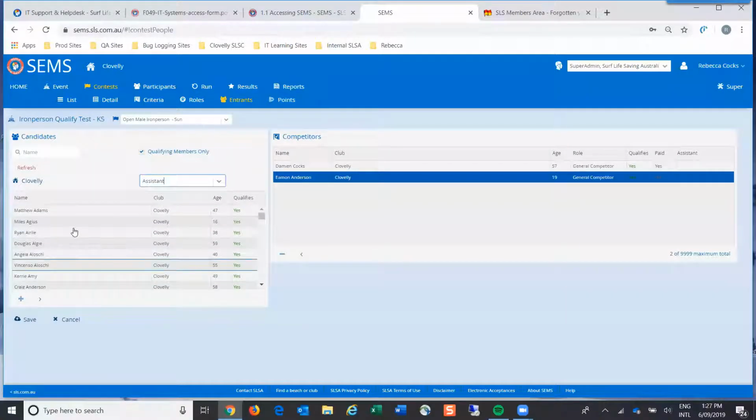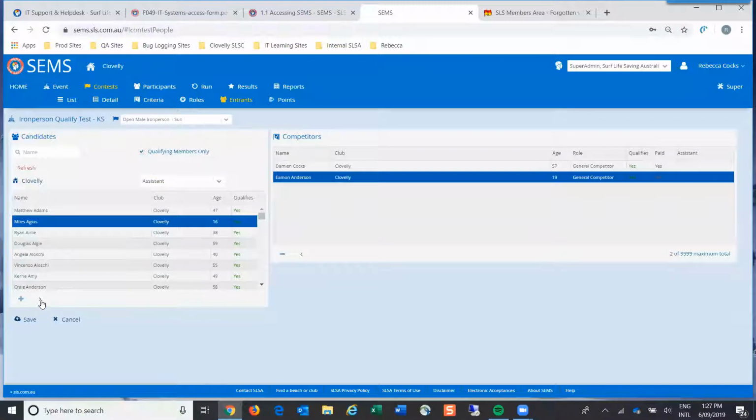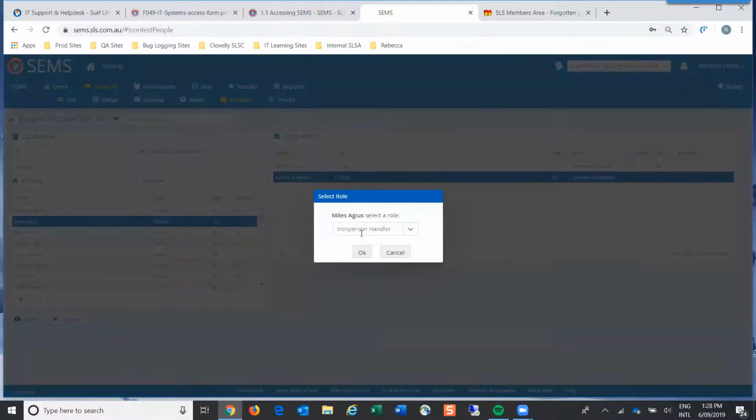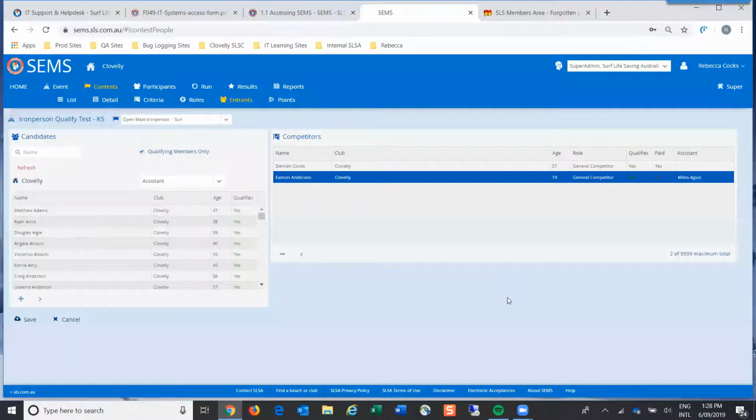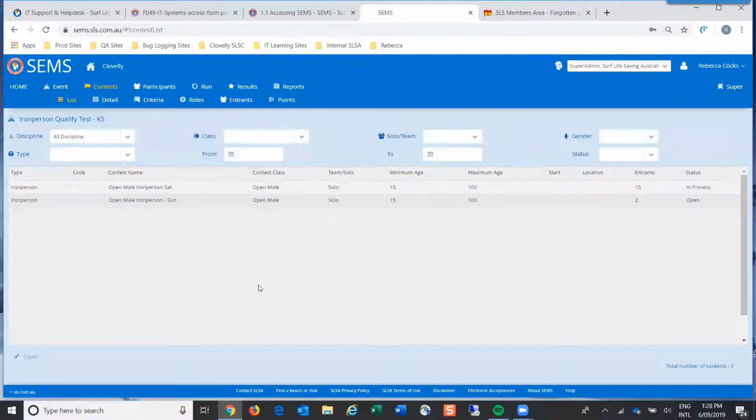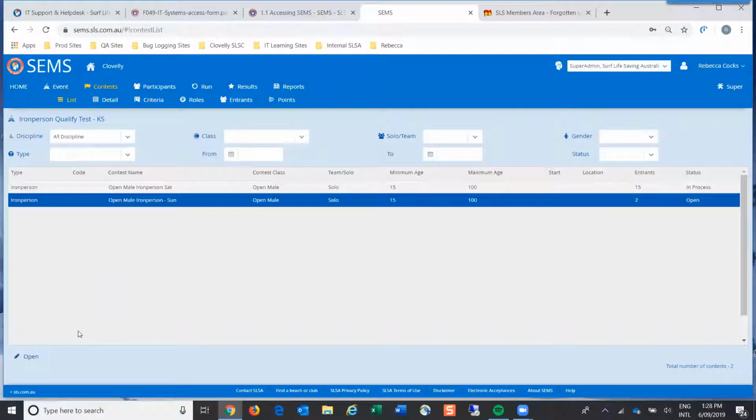If I click this little arrow here, it gives me the option to assign this person as the iron person handler, and the name appears there. So that is how you would enter the competitor into an iron person event. Then you would go back, highlight that competitor, change from competitor to assistant, find the assistant and move them across, and then you would save it. That's how we would enter into a solo event.